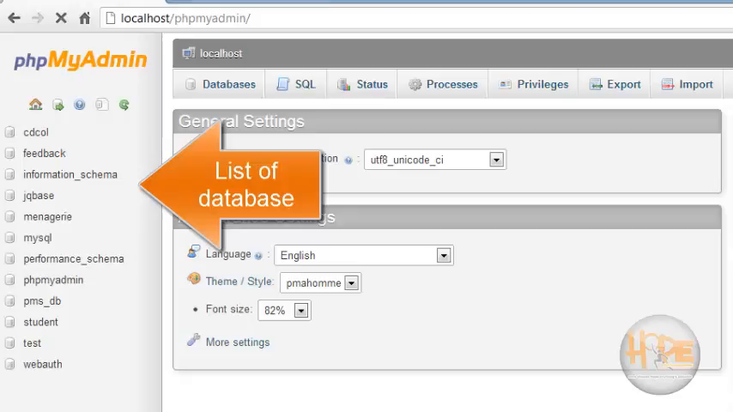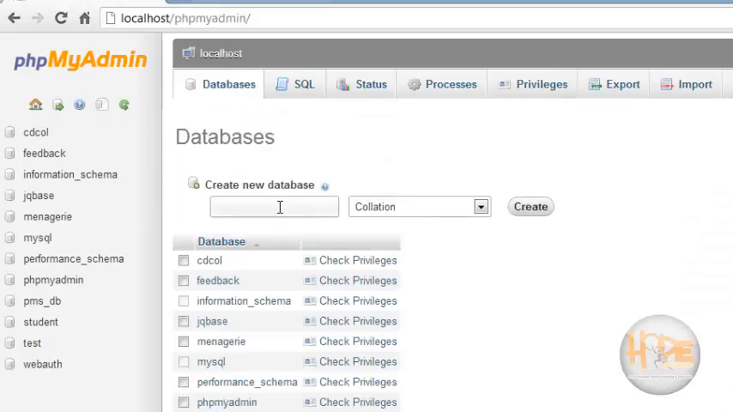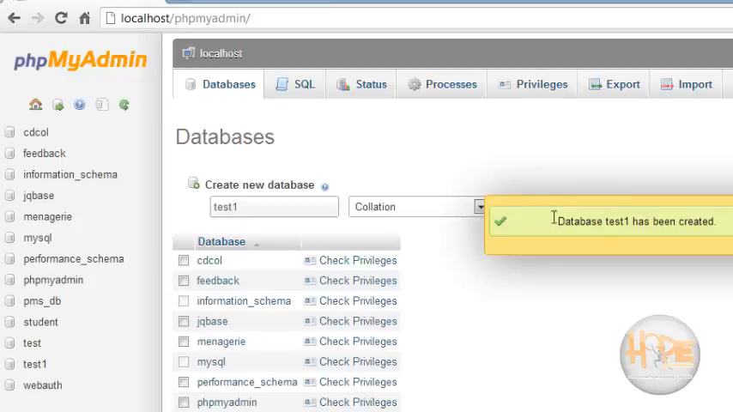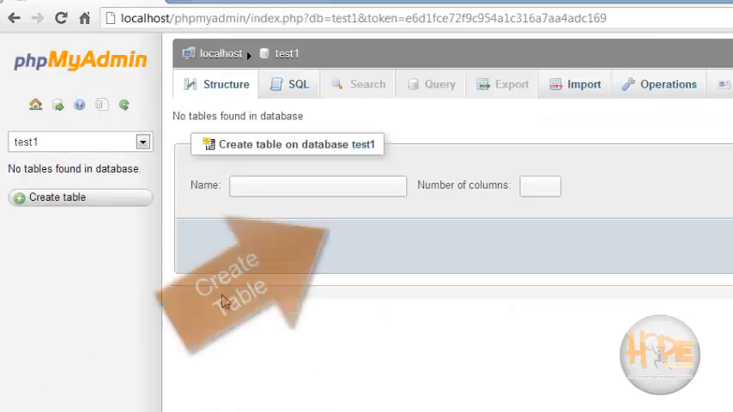Now if I want to create a new database, just click on database, write any name, test1, because I have already test available here. Create. Database test1 has been created. Let's open this test1. Now create a table here,